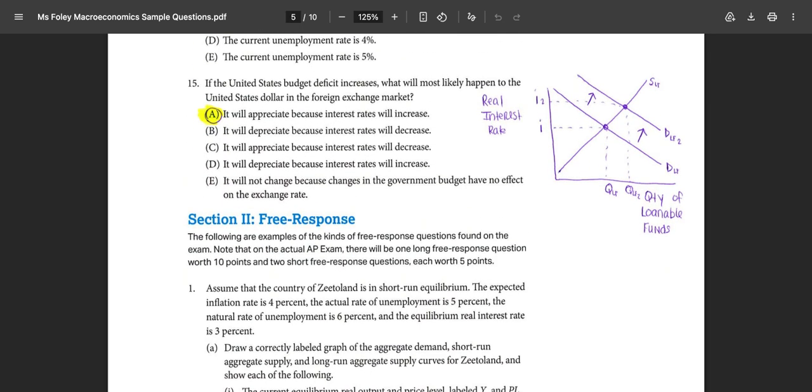Number 15, if the United States budget deficit increases, what will most likely happen to the United States dollar in the foreign exchange market? So if the budget deficit increases, what is going to happen is it will appreciate because interest rates increase. When you hear interest rates, there's two things that you should be thinking about. You might be thinking about investment spending, and that will certainly go down. But you would also be thinking about